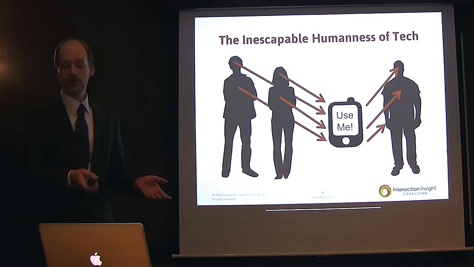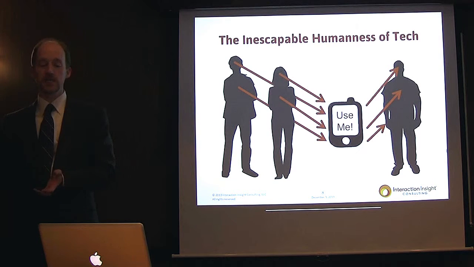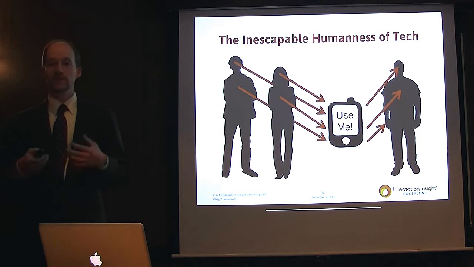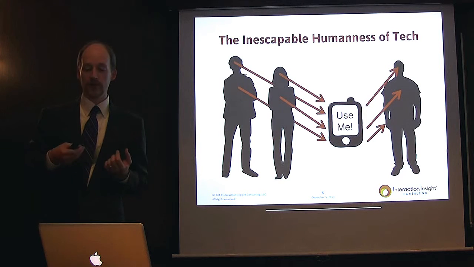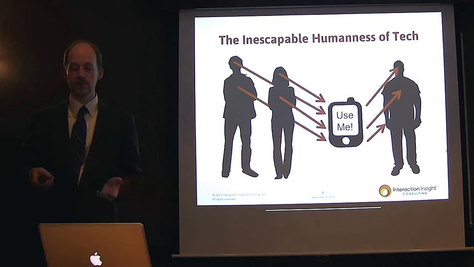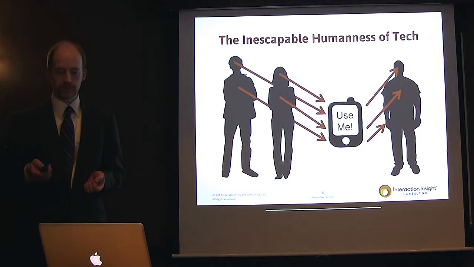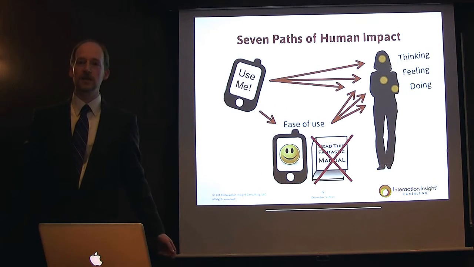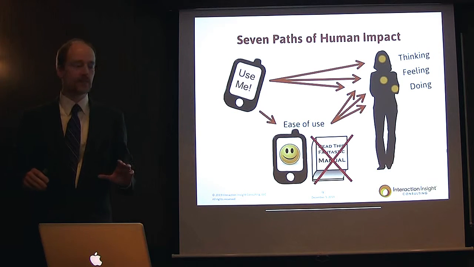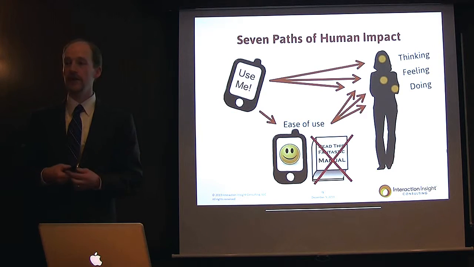And then the nature of the technology, when the person uses it, affects how they think, affects their feelings, often how they relate to their own feelings, and certainly what they do, which the arrow to his hand represents. We can look at this a little more deeply or in more detail in terms of 7 paths of human